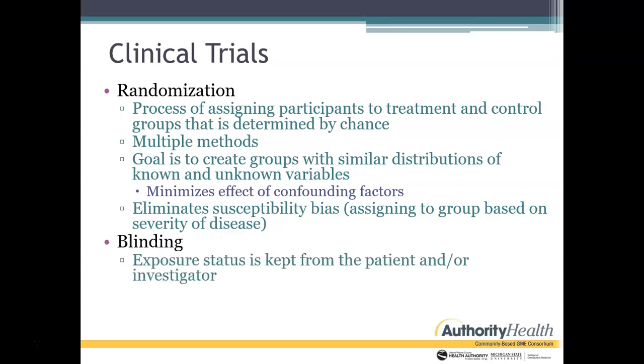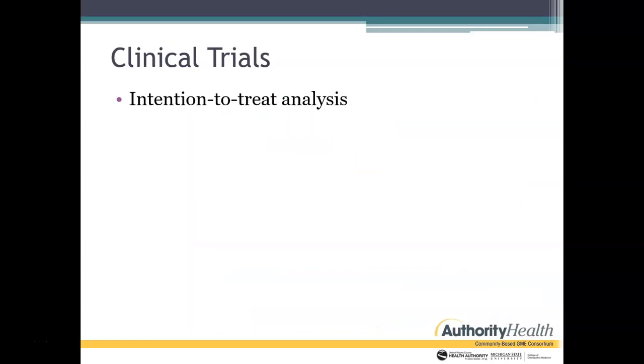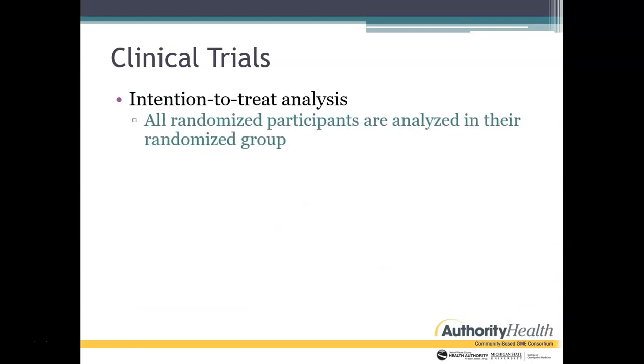Blinding, you guys know, means the exposure status is kept from the patient and/or the investigator. If it's single-blinded, the patients are blinded, and this will minimize your placebo effect. If it's double-blinded, your patient and your investigator are both blinded, and this decreases observer bias, where a caregiver might misclassify outcomes. The last thing is intention to treat, which just means that all randomized participants are analyzed in